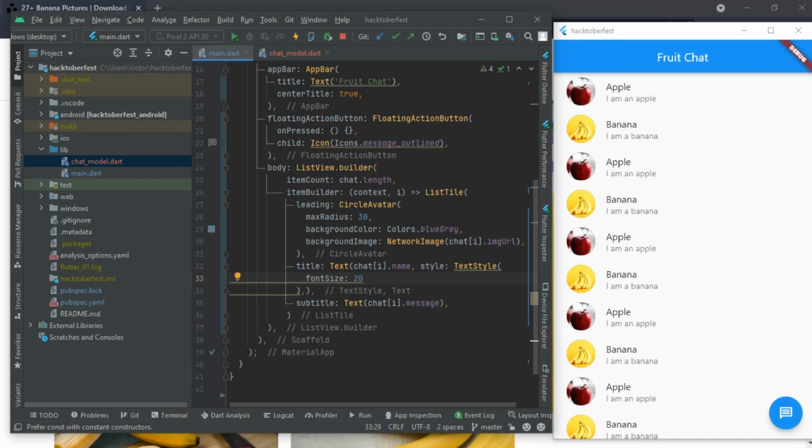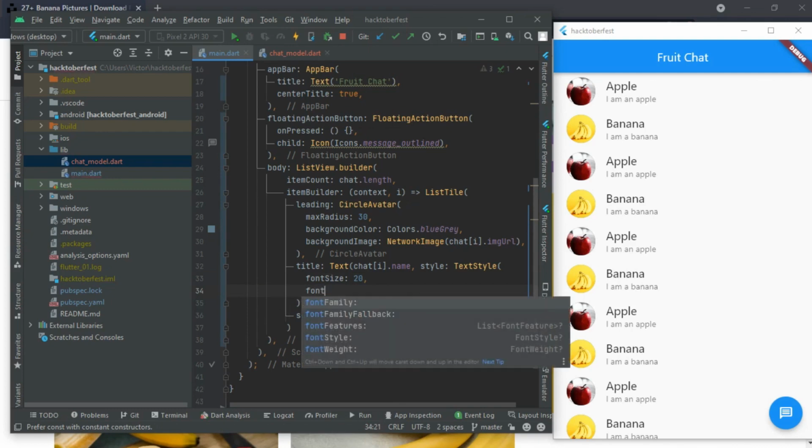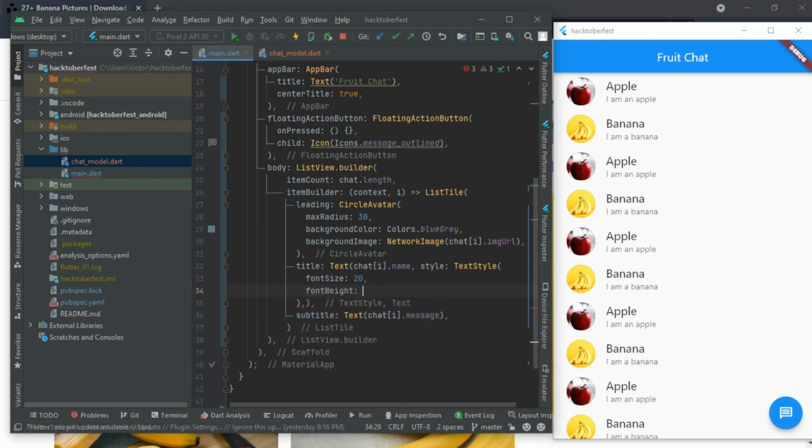Let me see how it will look. Okay, and font weight, let's say font weight dot bold, okay, and now our